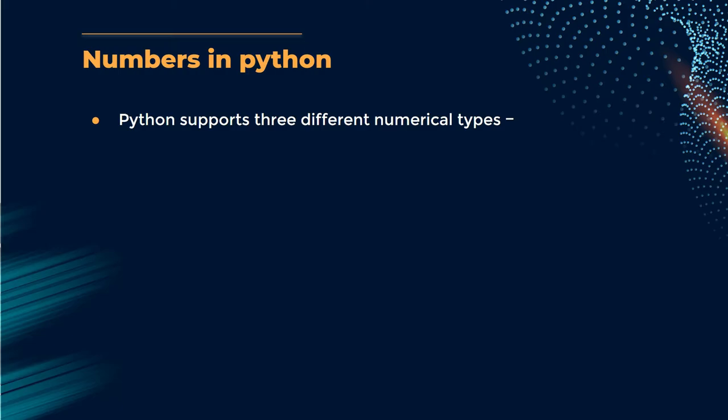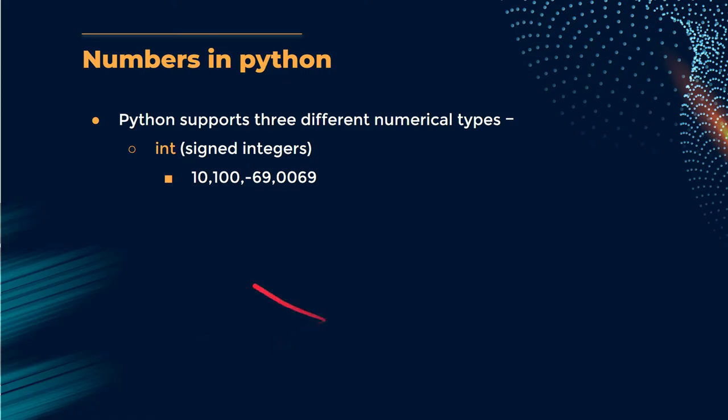That means we can store 3 types of different numbers in Python. The first one is int, that is signed integers. Integers means 0 to infinity. Actually 0 to infinity are called whole numbers in mathematics, but we call it integers here. Doesn't matter, it's our terminology. Examples of signed integers are 10, 100, minus 69, 0069. All these are valid integers.